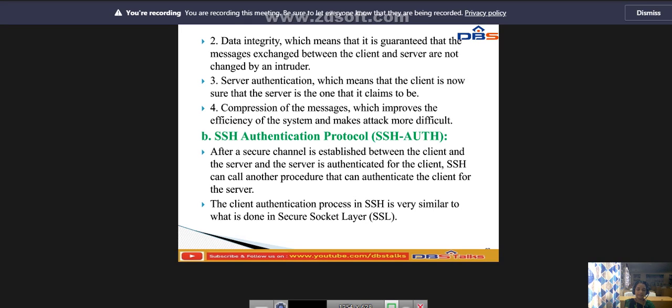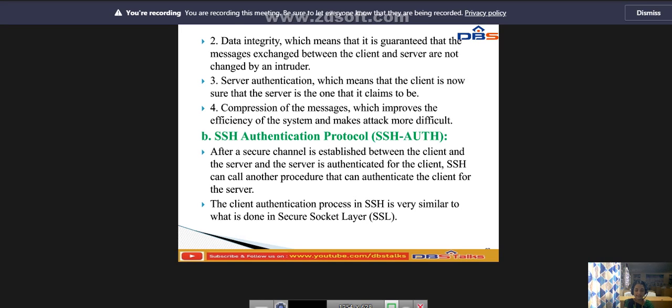Third, server authentication, which means that the client is sure that the server is the one it claims to be. Fourth is compression of the message, which improves the efficiency of the system and makes attacks more difficult. These are the 4 services provided by the protocol.